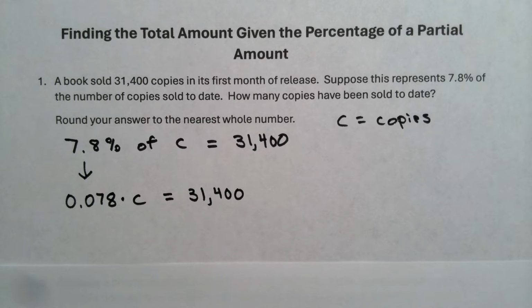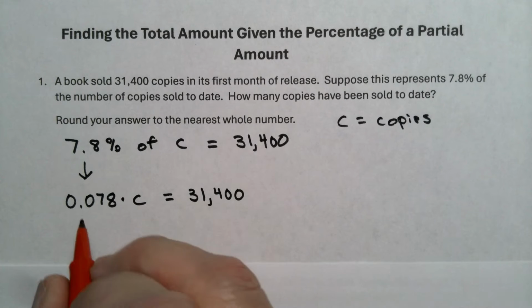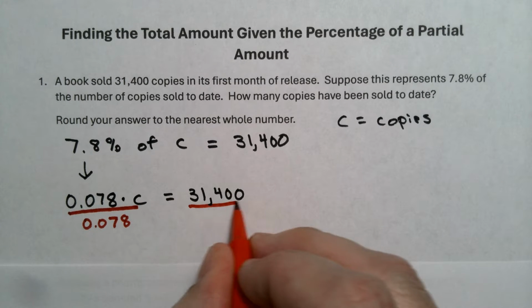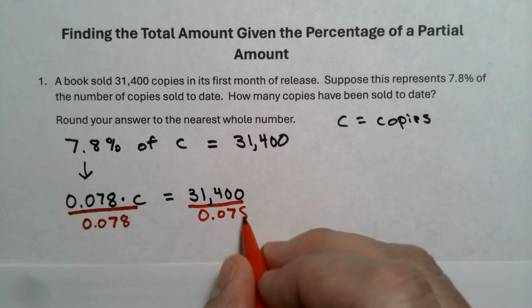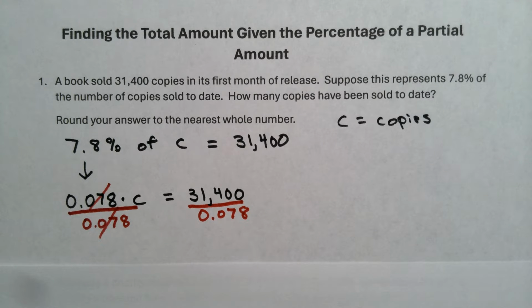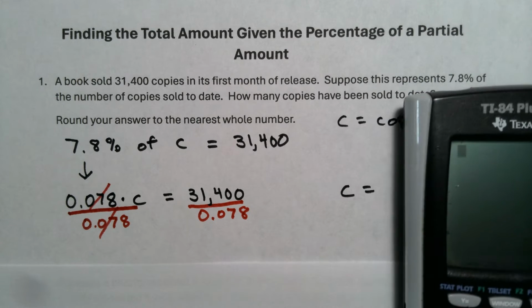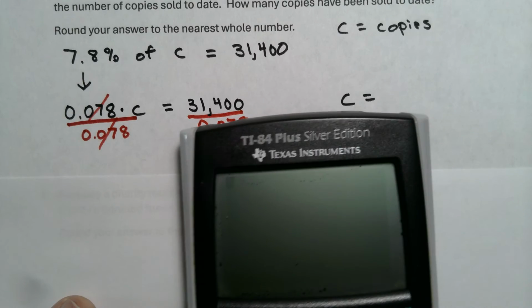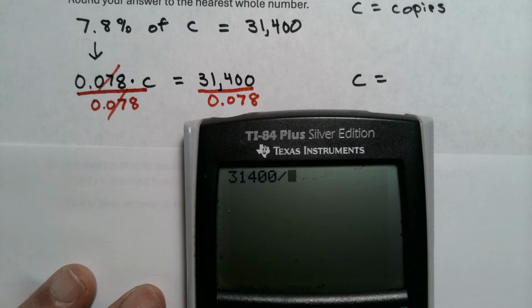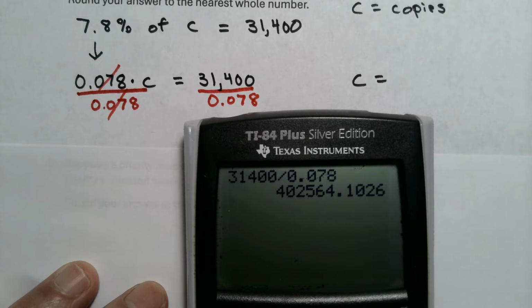So I have this number times C equals this number over here. So what I want to do is divide both sides by this decimal, 0.078. Okay, it will cancel over here because I'm multiplying and dividing by the same thing. So that's going to give me C is equal to, and now I'm going to go to my calculator for this. Okay, so C is equal to 31,400 divided by 0.078. Okay, and that gives us this answer, which is